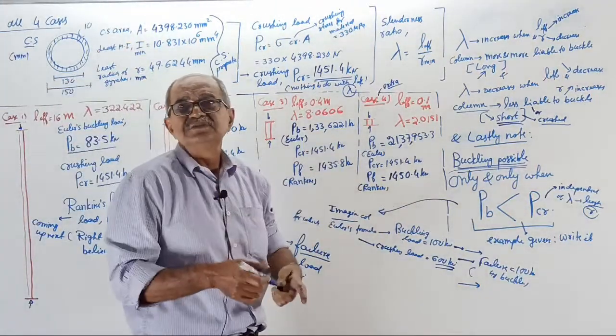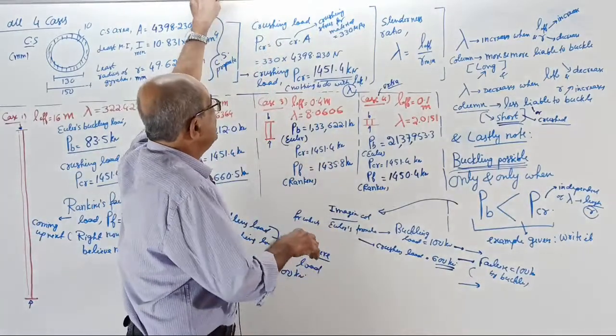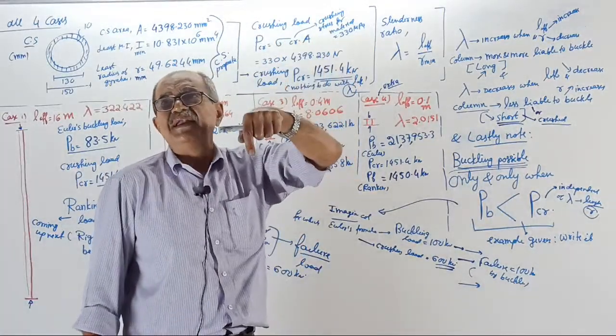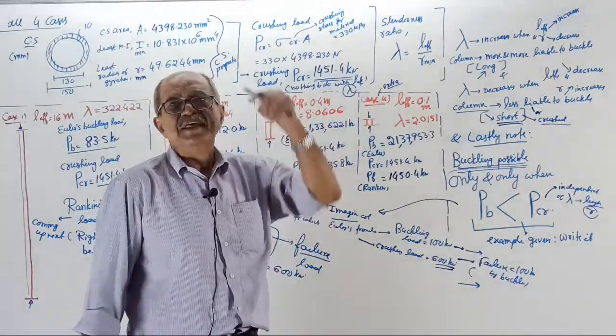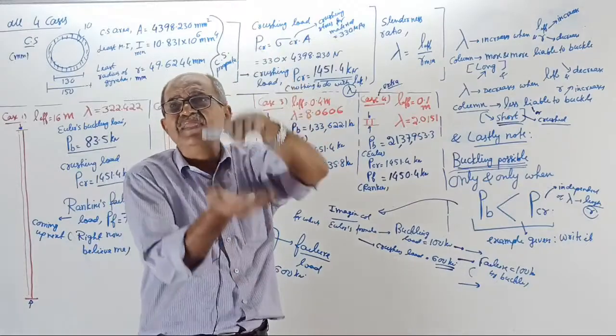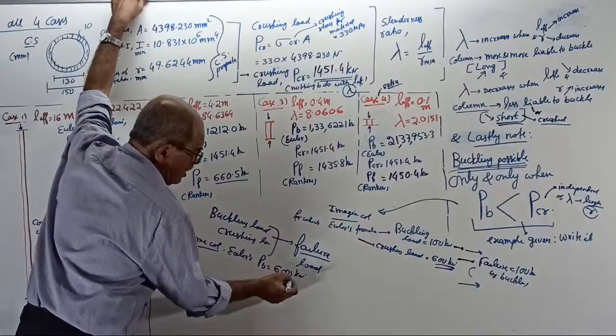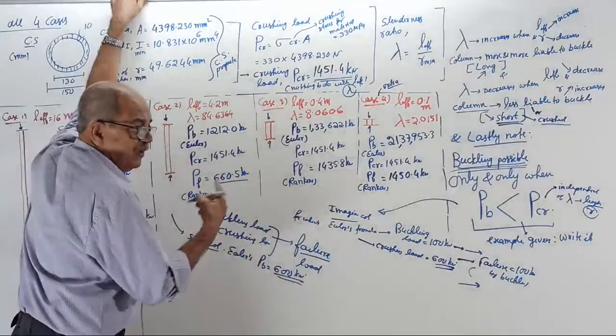Full ultimate, maybe a short column. See, in Euler's buckling load, the length, or lambda, is in the denominator. Maybe there is a very small slenderness ratio, a lesser length and a bulged section. Someone told that Euler's buckling load is 600 kilonewton, whereas